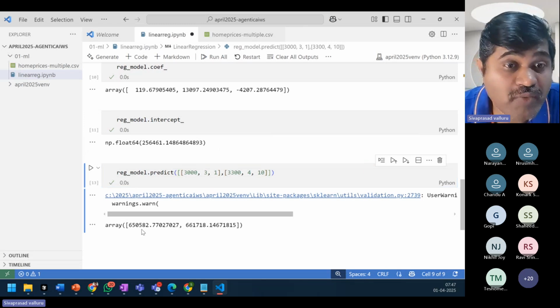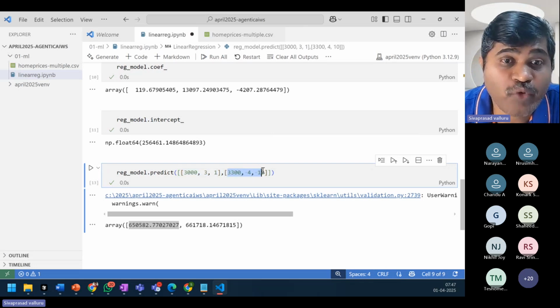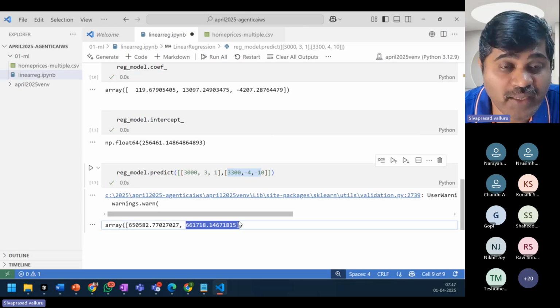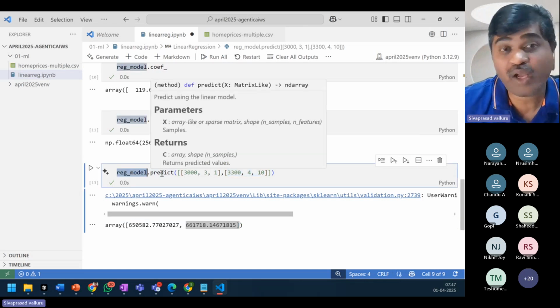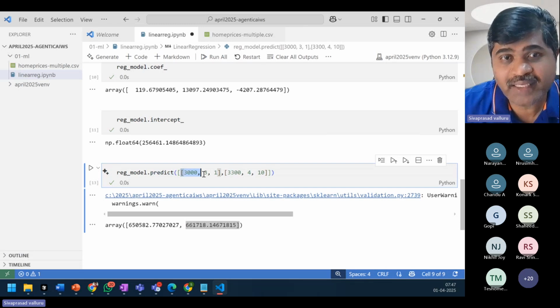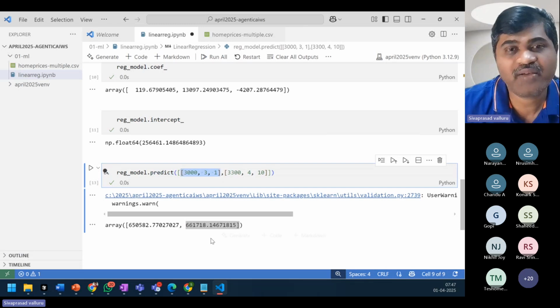See, I got two values. The first one is for 3000 square feet area, 3 bedrooms, and 1 year old. The second one is for 3500, 4 bedrooms, and age 10. So once we have a trained model, we can call predict and pass the X values, and we'll get the Y values.